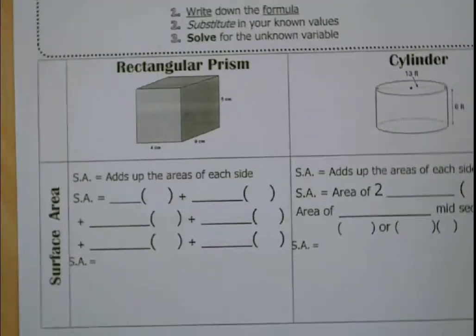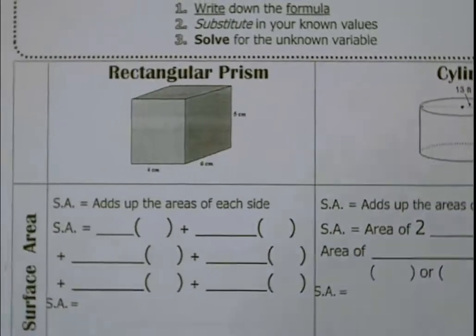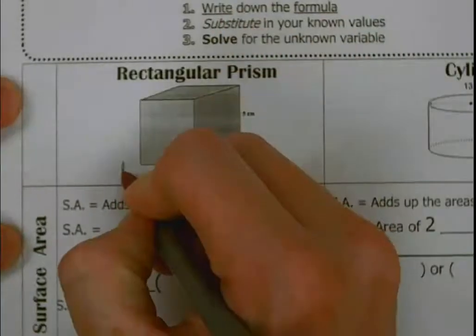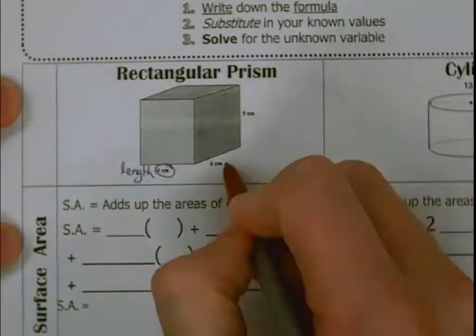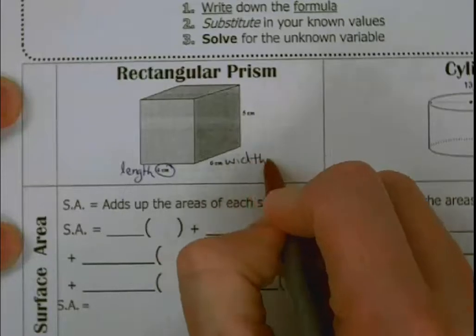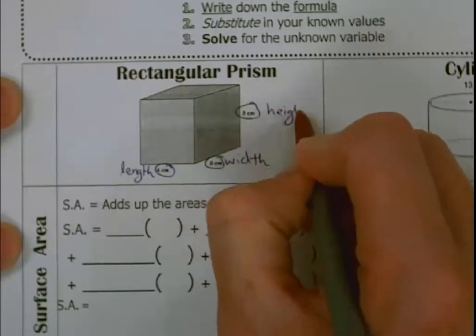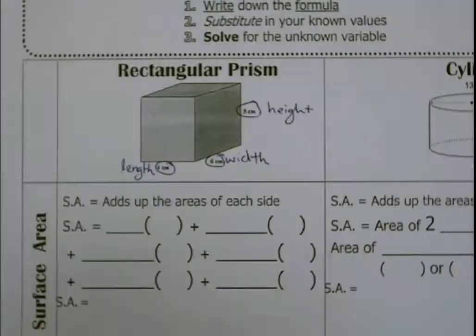Now, zooming in, I can see that they've given us three different measurements for this rectangular prism. They've given us a length of 4 centimeters, a width of 6 centimeters, and a height of 5 centimeters. Those three dimensions are going to come into play when we try and figure out the surface area of this